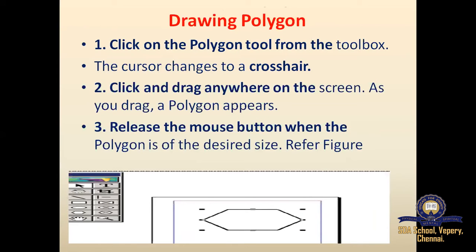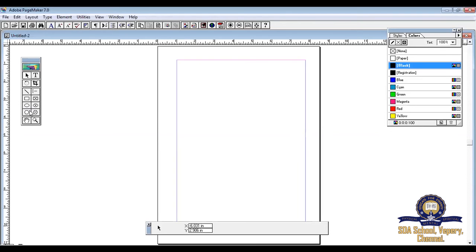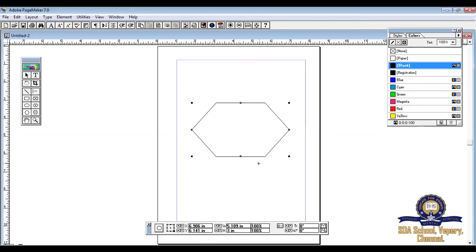Now I'm going to show you how to draw a polygon. Of course, go back to your Adobe PageMaker window. Select your polygon tool. Draw the polygon object on the document.